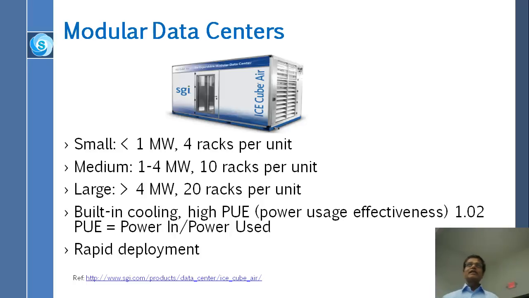It has everything that you need, so as a computer scientist, you can just put the order through and you have a data center. You don't have to worry about the rest of this stuff. Of course, you have to connect it. And the way they measure the efficiency is by PUE, power usage effectiveness, which in this case is 1.02. That means that if you need 100 watts to run the computer, all you need is 102 watts from the outside, because a lot of energy is spent just running the heating and cooling equipment, moving the air, running the fans. All of that is only 2%.